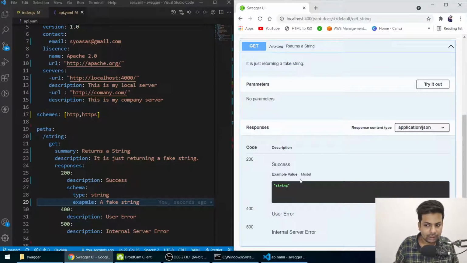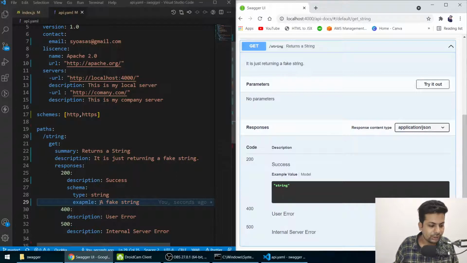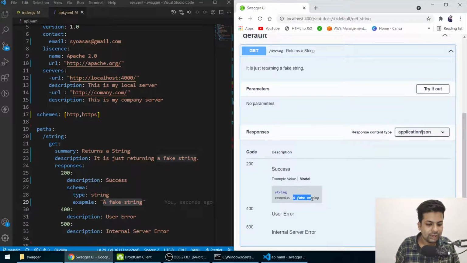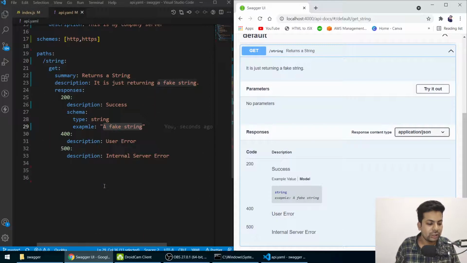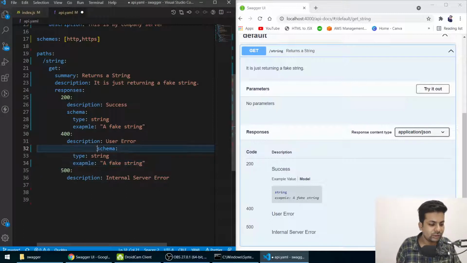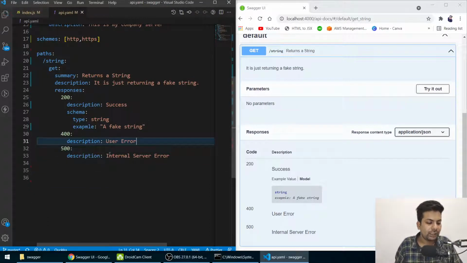and type string, use a fake string. Let me put it in quotes, I think so. If I reload this, model, so example a fake string. Okay, so now it's showing you example also, what type of response will come. So if you want to do the same thing in this also, you just copy this and do this. And here you just make sure of the correct indentation, and you can just write example what error you will get, so whatever you need. So like this you can do in 400 and 500 also. Okay, so now